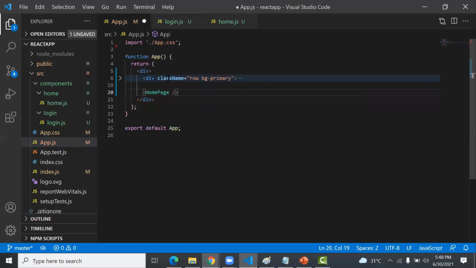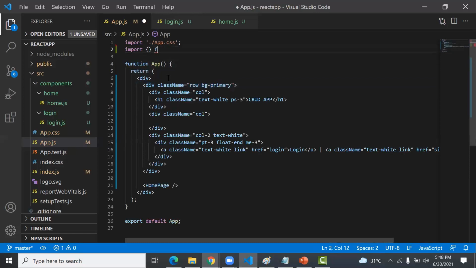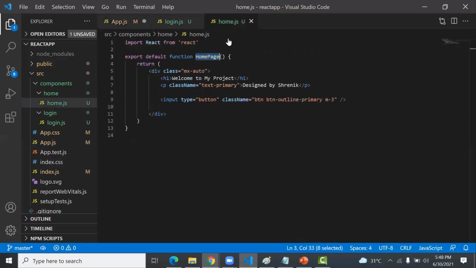So you can import from... so remember, did you export or not? Yes, export is done, but manually, instead of export, I recommend you to write a function like const homepage is equal to